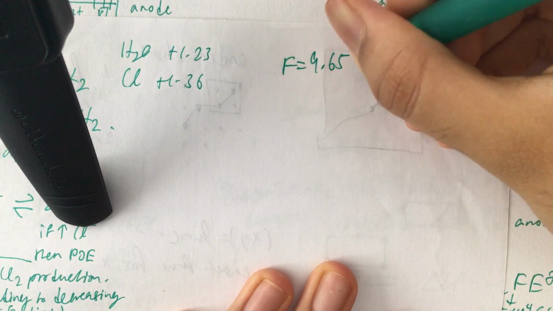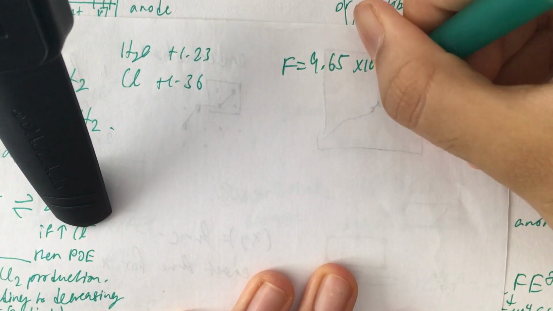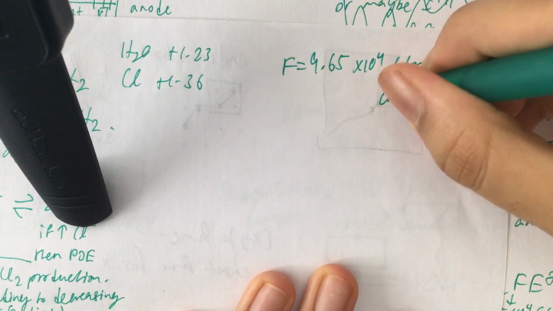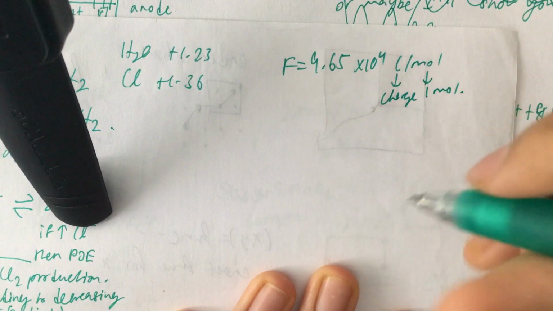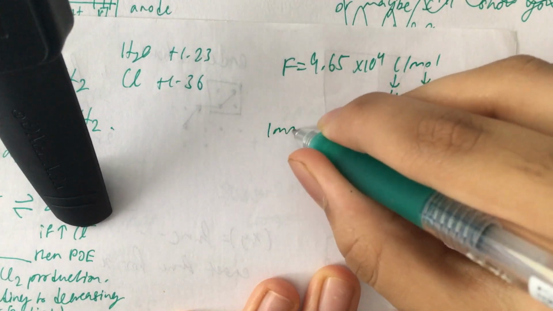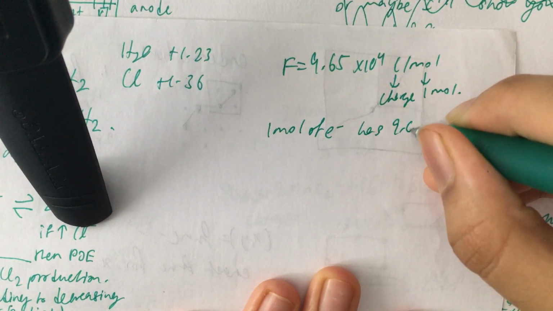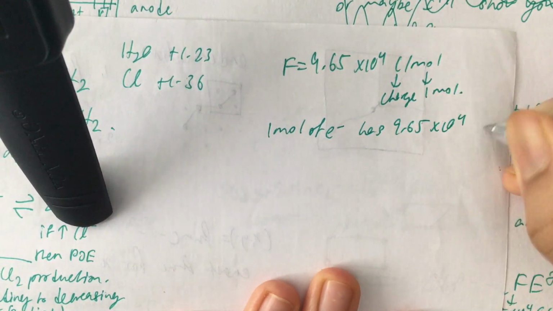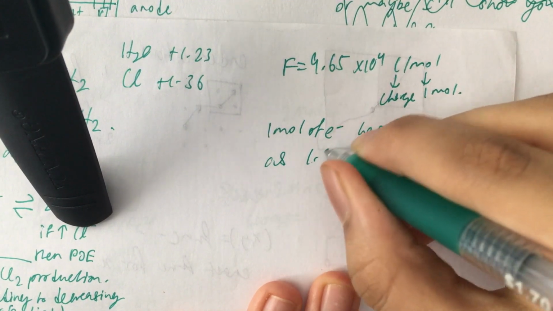It just means that 1 mole of electrons has this much charge. That's pretty much what the Faraday constant is. So the n in delta G equals negative nFE is the moles of electrons being transferred. So you're looking at the moles of electrons being transferred, and then you multiply by the Faraday constant